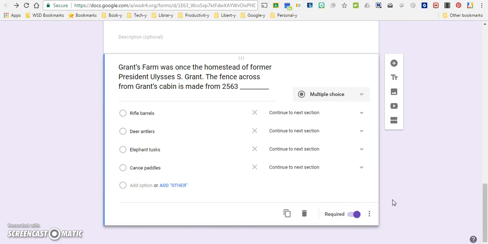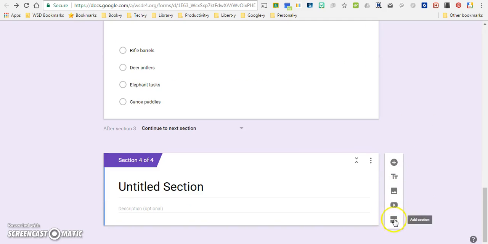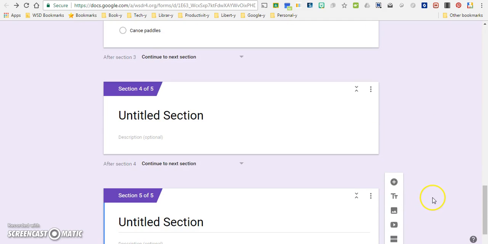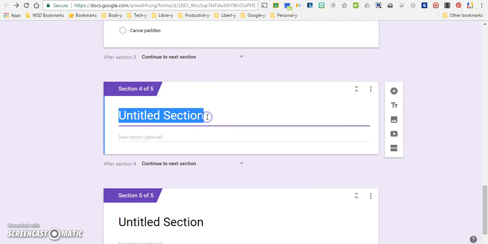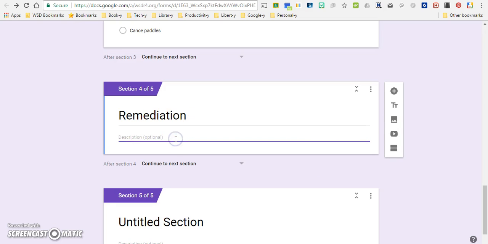Alright, here's where we get a little bit different. I'm going to create 2 new sections, okay, but these are going to differ from the existing 3. This 4th section is going to be called remediation. And what I'm going to do here is tell my students to visit this link for more information before you